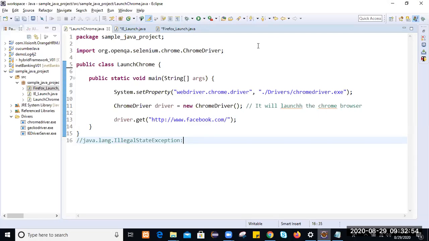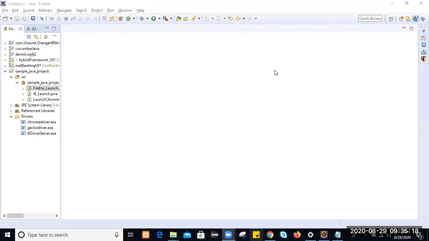Okay, get it? Path. When you don't set the system variable path, then you will get an illegal state exception.